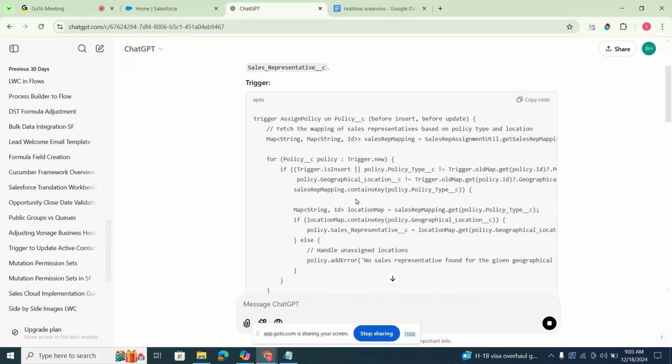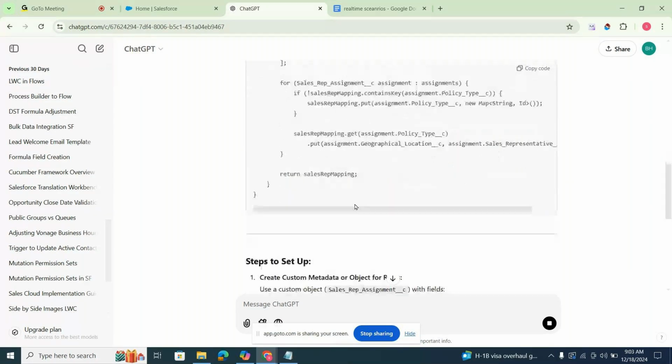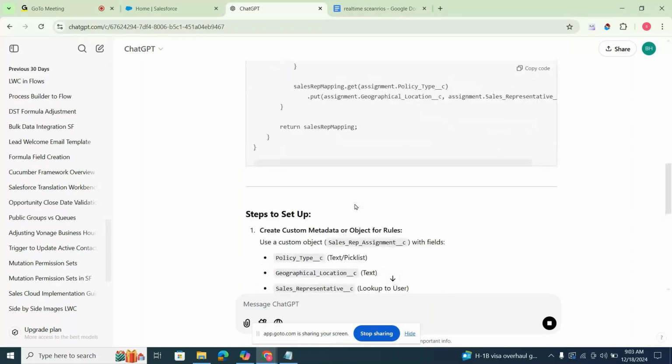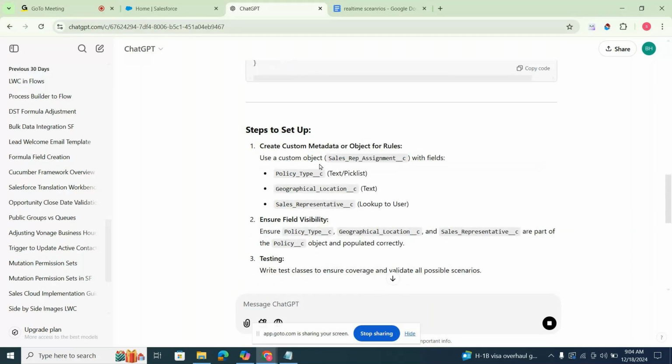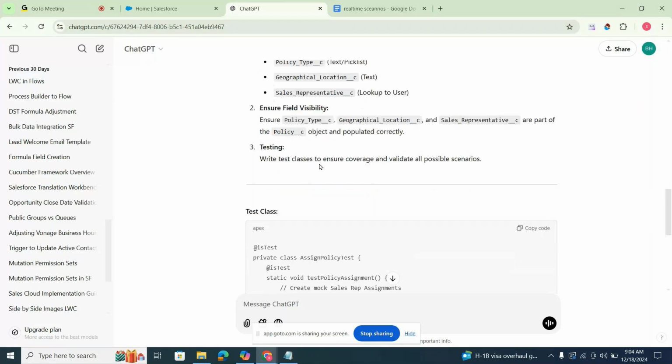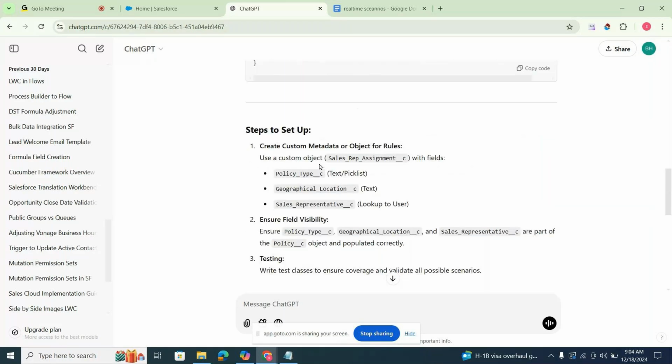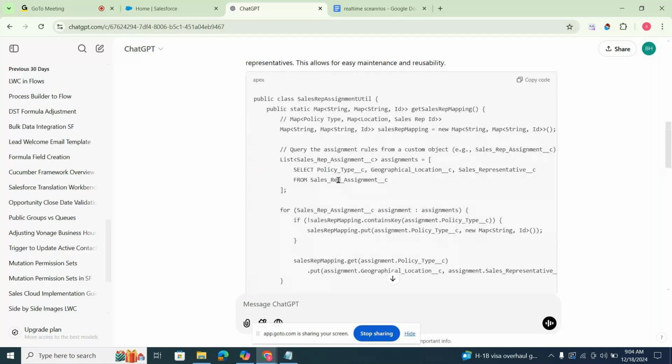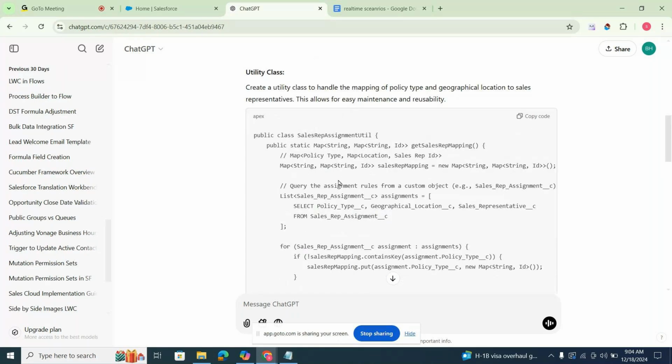Yes, Ankit. One more thing I'm saying: if you don't know how to create custom metadata, how to create custom objects, or how to execute Apex programming, no one will help you. In our classes, you are learning how to deal with each and every concept. Understanding the code is important, and understanding the basics is important.